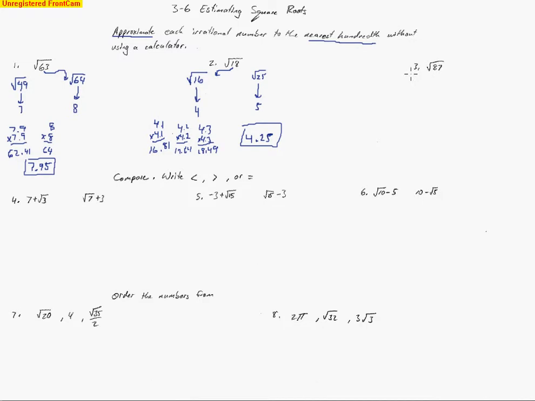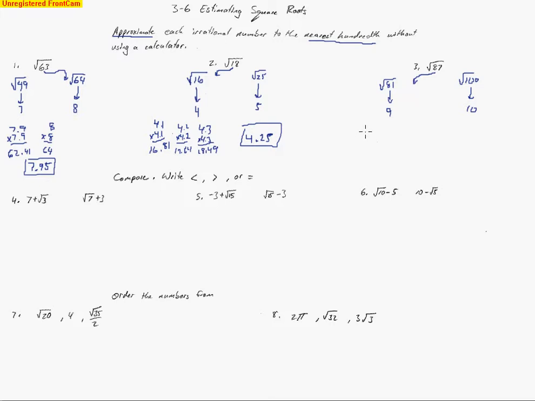87, just a little bigger number, so you just look for the one it is closest to. 87 is pretty close to 81, which is a perfect square, and that's 9. And the square root of 100 is going to end up being 10. Now, 87 is a little closer to 81 than it is to 100, but it's not really close. So instead of 9.1,